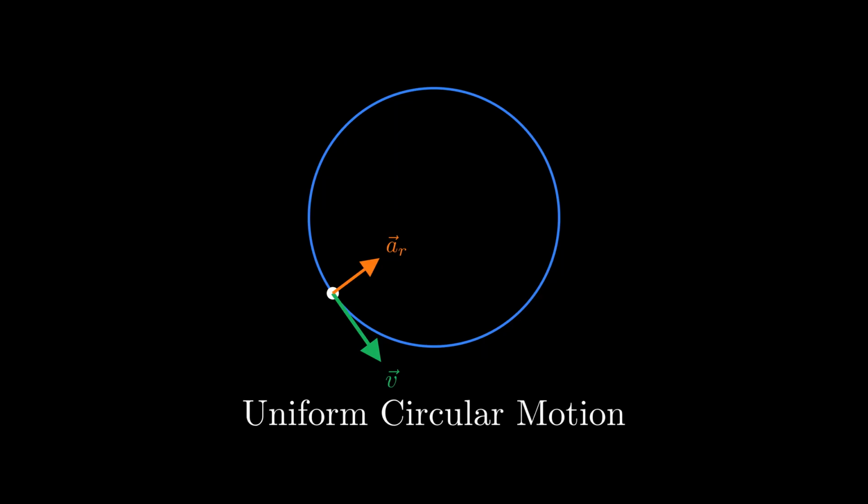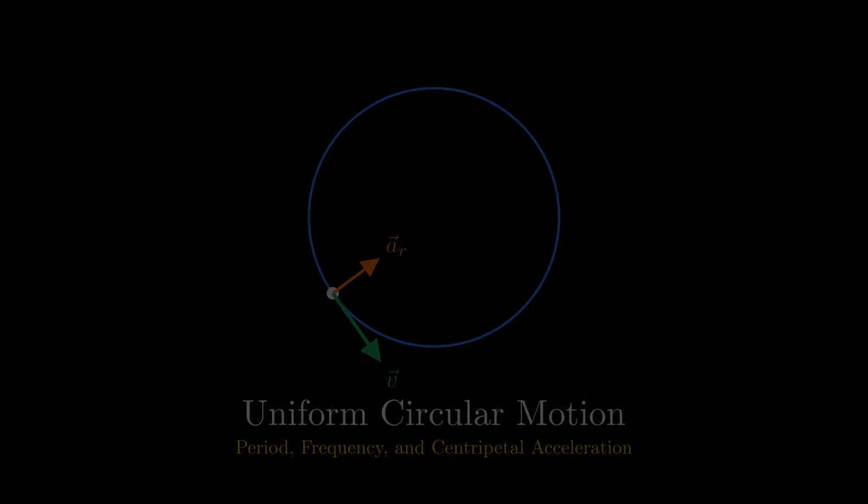Here is a paradox. An object circling at a perfectly constant speed is at every instant accelerating hard. Its speed never changes, yet its velocity changes constantly because the direction keeps turning. In this video, we pin down that motion, its period, its frequency, and the inward acceleration that bends the path